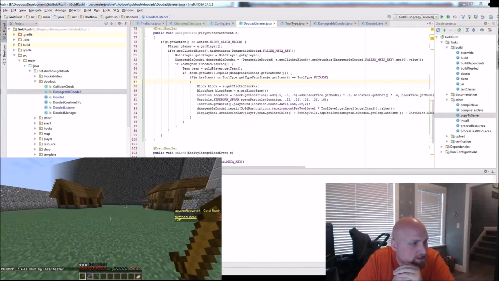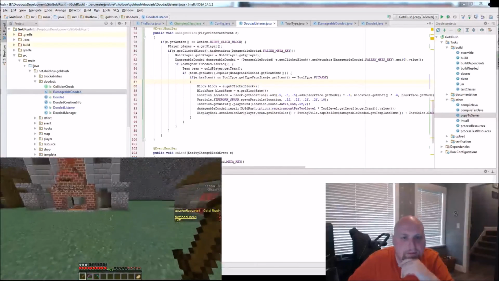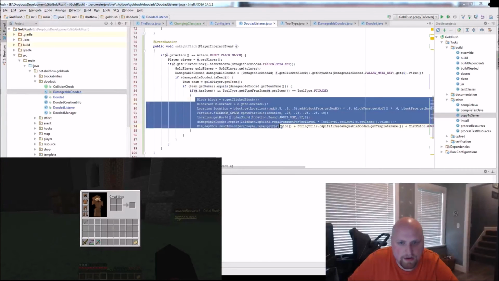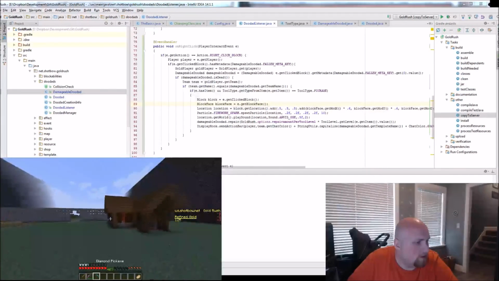I showed off a little piece just to show you what goes into making a feature like the repair. If the code is made, I don't know, I consider this decent. It's not as pretty as it could be, but I think the structure of it is pretty clear. You can see I've got my gold player I get out of the player, the damageable doodad I get out of the block, and then I work with both of them, grab out their features that I need, and grab what I can to play off the material, the effects and stuff. Maybe refactoring this out into some sort of an effect utility instead of having to hard code it in this listener. But there's things you can do to improve your process there. I just wanted to show you kind of what goes into these games.